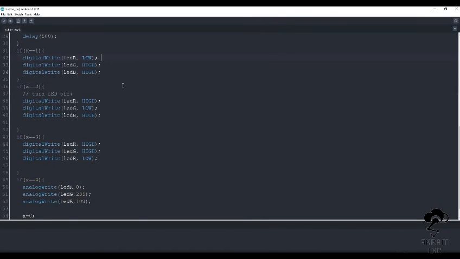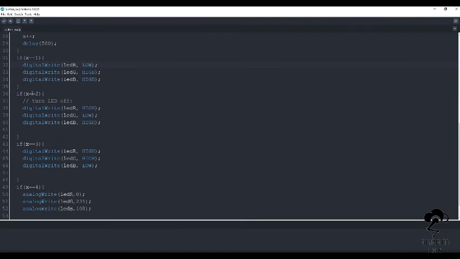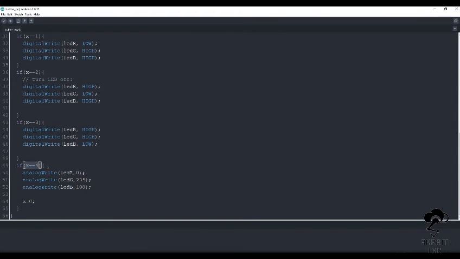Similarly for x equals to 2, and for x equals to 3, and for x equals to 4, this one is actually for the pink color. So here I'm using analog data, and here you can see that these are all digital write, and this one is for the analog write because of the RGB combination for the pink color.